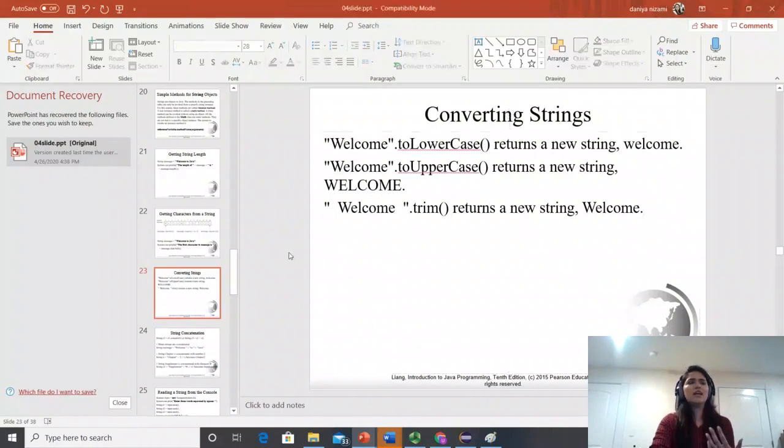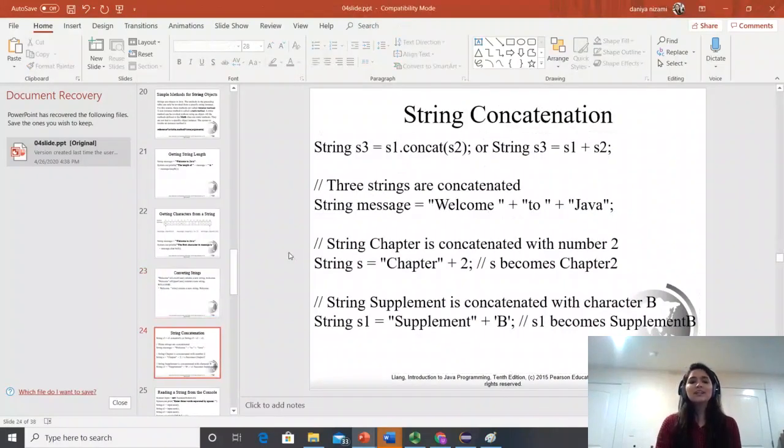Okay, here trim is not actually doing anything special.